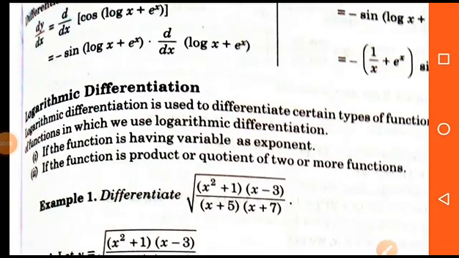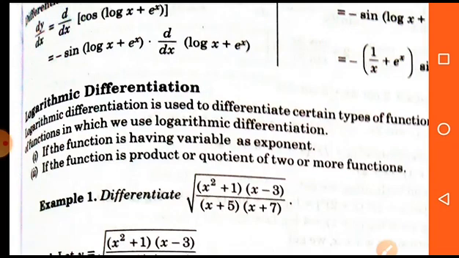In this session, we will discuss chapter number 5 of class 12 in mathematics, and the name of the chapter is continuity and differentiability. Students, the first part of this chapter is already discussed and sent in the group, so you can see the first part and understand the basic properties of continuity and differentiability. In the first part, we have discussed very clearly the basic formulas of differentiation and how we can differentiate very easily.